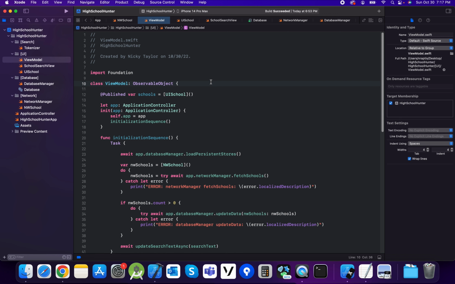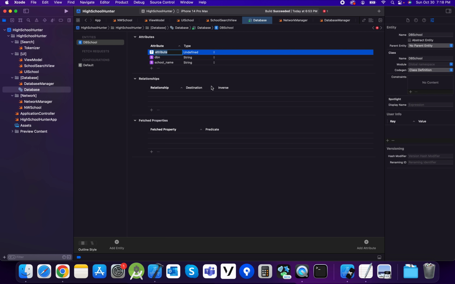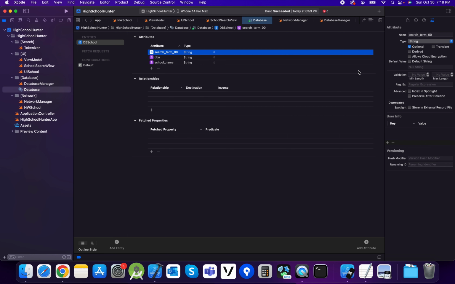So now we want to load up our database entities with search terms. The fastest way to do this with NSPredicates that can scream through the data ends up being to create just 16 attributes for 16 search terms. It could be even more, but 16 is a good computery number. So I'm going to go to database and I'm going to select my entity, DB school, and I'm just going to add all these search term 00 through search term 15. These are all going to be strings. They're all going to stay optional. So there's search term 00,